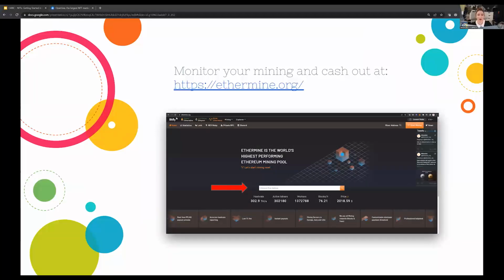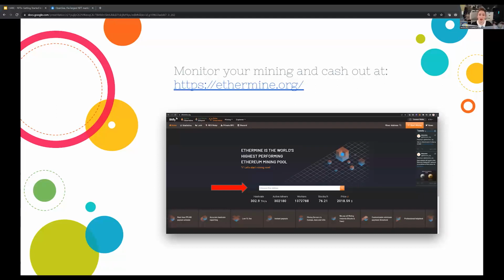And so if you want to know the status of your miners and how much they are mining, you can go to ethermine.org, and I'll drop that in the chat for you to check out. And add your wallet address and hit search. It will pull up your info and let you know your hash rates, your active workers, and your estimated earnings.